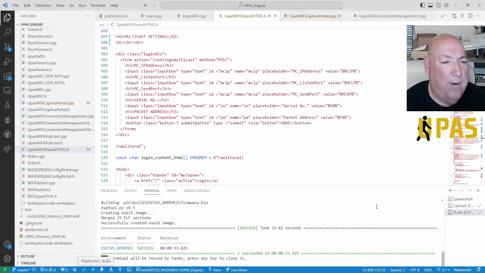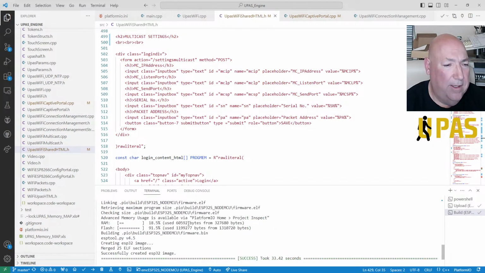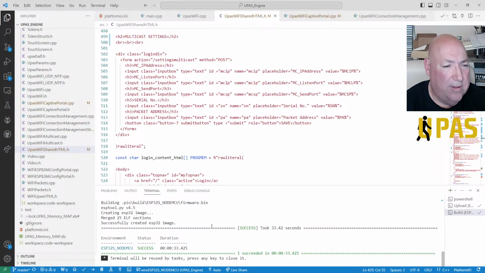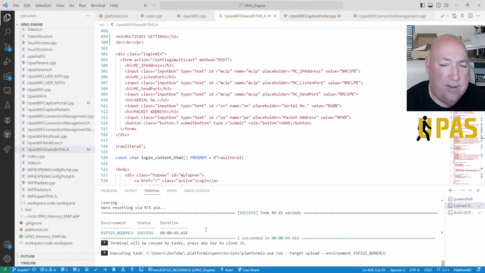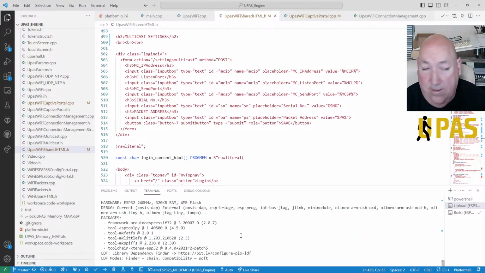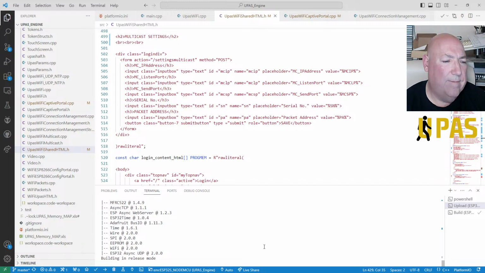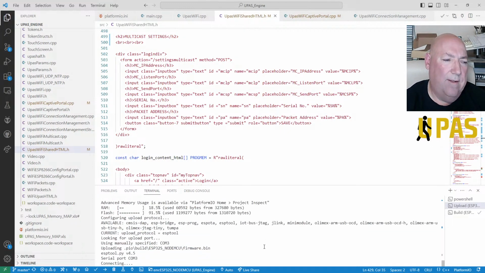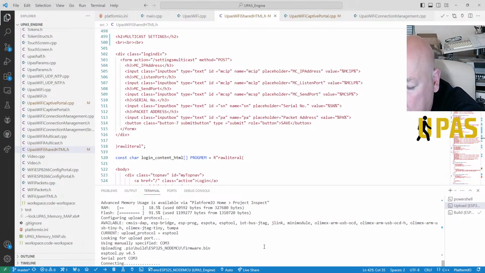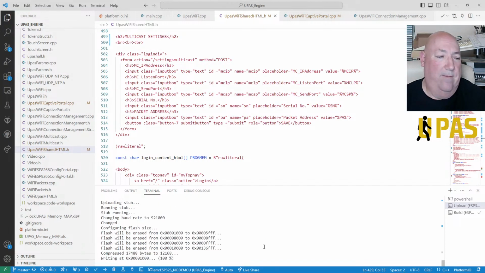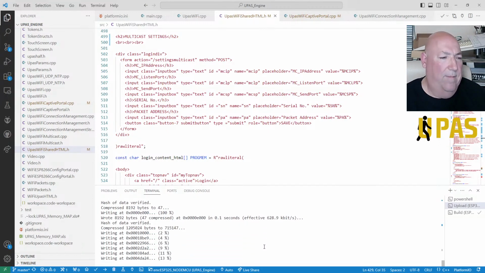Right, so we've compiled and there's no problem compiling. We're still roughly the same kind of address and memory usage. So let's upload it and see if we've missed anything. We need to test it now, make sure we haven't missed anything. Right, need to do the old button juggle to get it into upload mode, whatever that mode is.